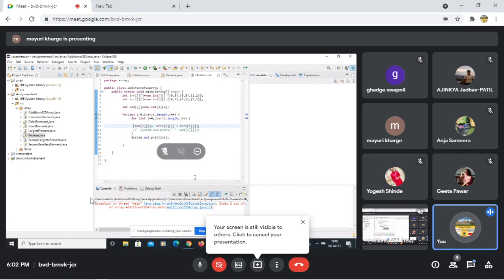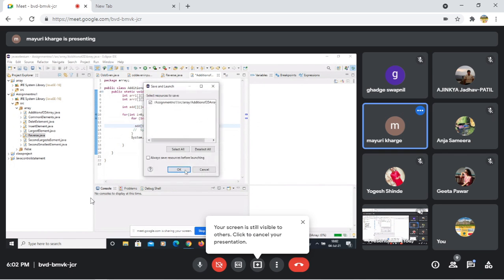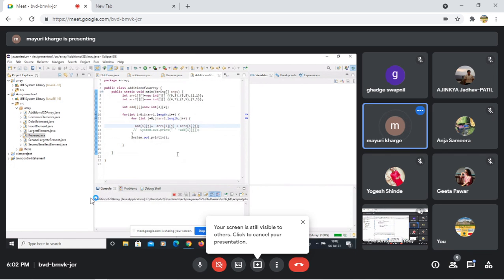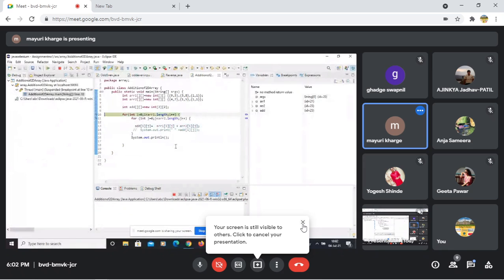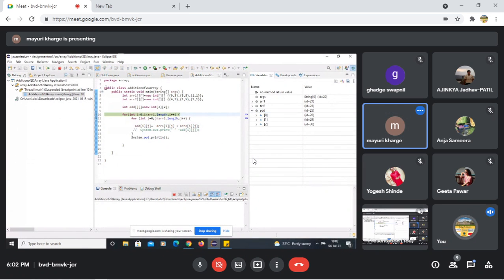Can you debug the program? Automatically you will get what the error is. So first array dot length will be 1, 2, 3. So it will run 0, 1, 2 times.